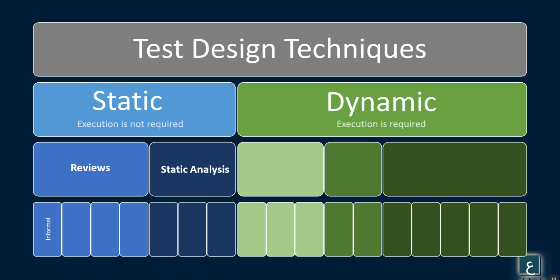In reviews we have informal reviews. In informal reviews we don't need to follow any specific or rigid process. Then inspection is the most formal review, and we need to follow all 6 phases of the formal review. Then we have technical reviews and the walkthroughs. Walkthrough varies between informal to most formal, depending on the participants and what they want to achieve through walkthroughs.